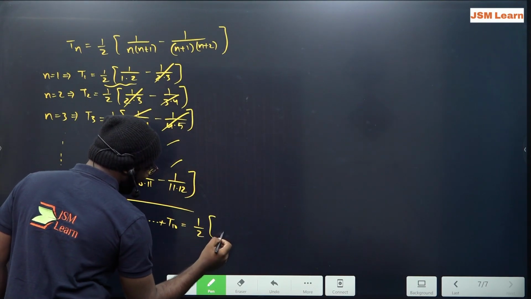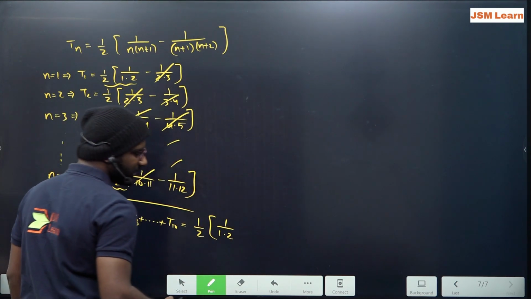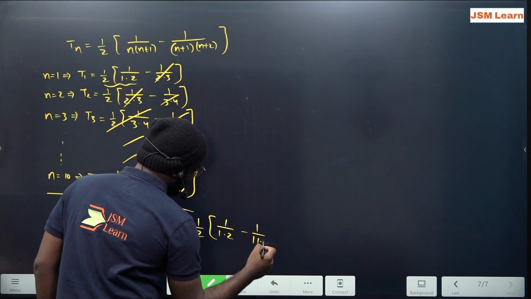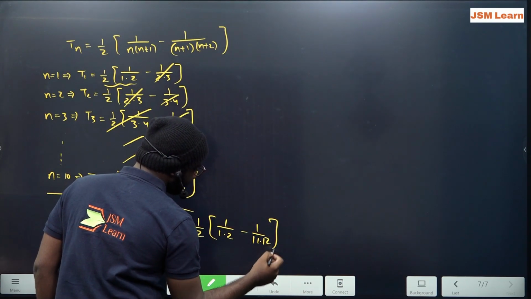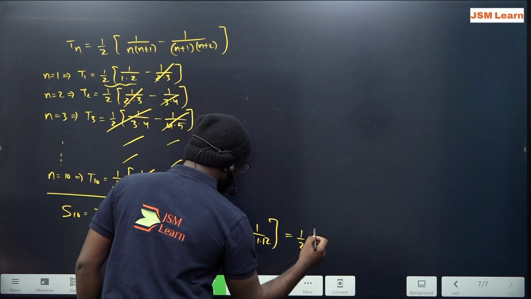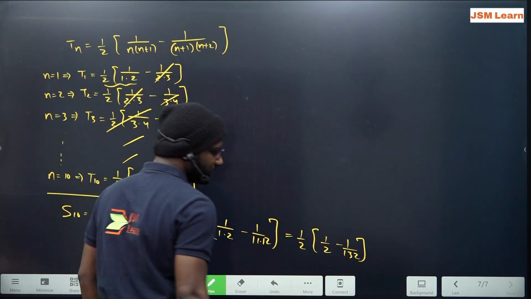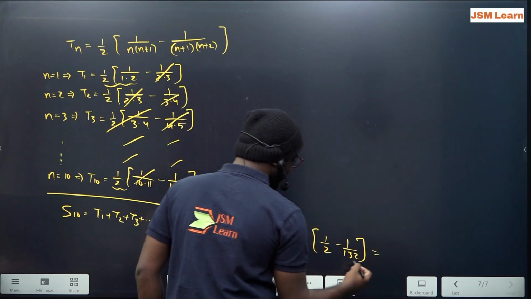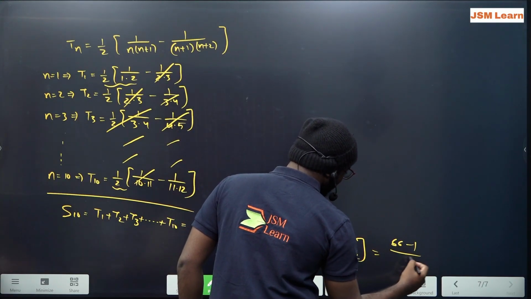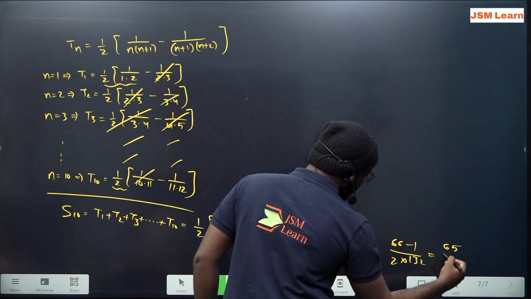So I am taking 1 by 2 common. So the first term, that is 1 by 1 into 2, minus the last term is 1 by 11 into 12 here. So on simplifying this, we will get 1 by 2 times 1 by 2 minus 1 by 132. So by doing LCM for this, we will get 1 by 2 times 66 minus 1 over 132, that is equals to 65 by